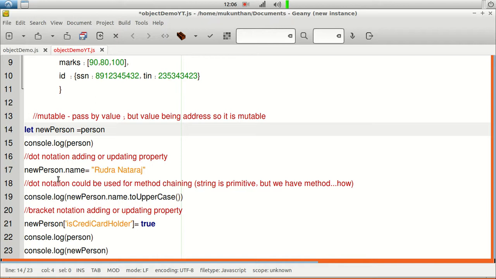Does it refer to different files? No, because you are sending only the link to the person. Even though it is a copy, it will be pointing to the same location. The same way you are copying the person reference to the newPerson reference, which is a copy of the reference to the same object.